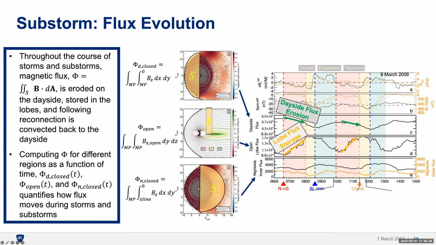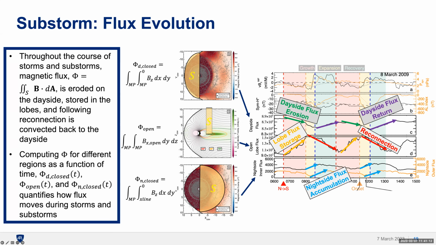And we see that we are resolving, if we integrate across the lobe here, this increase in the amount of flux stored in the lobes. And then during the expansion and recovery phases, that lobe flux goes back down to the nominal level. So this is the effect of magnetic reconnection in the tail, which is converting open flux to closed flux. And along with that, the dayside flux returns during the